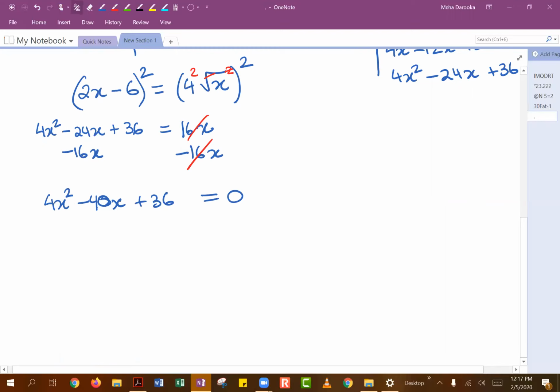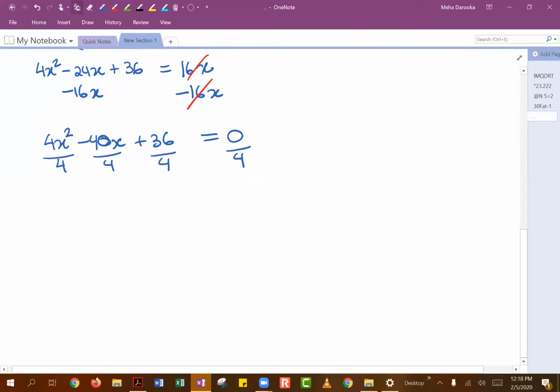So again, at this point, this is a second degree polynomial, a quadratic equation. You can use the quadratic formula to solve it. You can try simplifying the equation. You can try factoring. So I'm actually seeing something that's common between 4, 40, and 36. 4. And 4, right? So 4 would actually go into all of them. So again, like I showed you before, if you divide each term of your equation by 4, which of course includes the right-hand side also with the 0, you end up getting